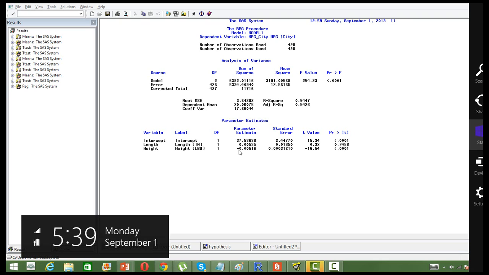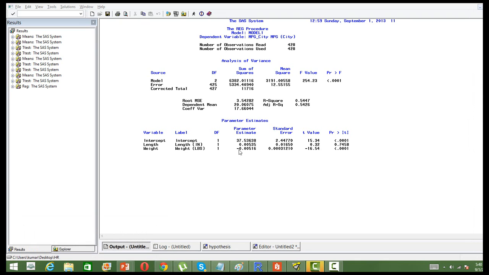When I explained hypothesis testing, I told you that this is a sample thing. We do hypothesis testing on this just to see whether this works for the population. 0.005 is very close to 0, right? So we found in hypothesis testing that this is equivalent to 0. And 0 multiplied into anything is 0. So every time you see the p value is greater than 0.05, you call it an insignificant variable. And if somebody asks you, you just say that it has no impact. You don't have to look at the parameters. It's just 0. It's equivalent to 0.